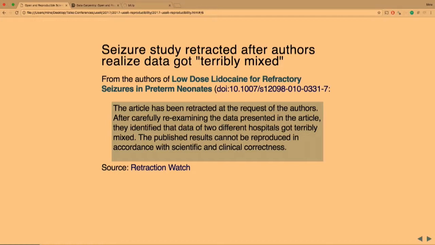This is a quote from what the author said. The article had been retracted at the request of the authors. What they found is that the data of 2 hospitals got terribly mixed, whatever that means, and the published results cannot be reproduced in accordance with scientific and clinical correctness. Chances are some labels got mixed up, and this study was then used for making recommendations for